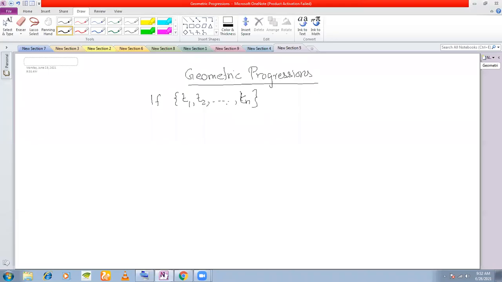If this set of numbers T1, T2 up till Tn is in GP, then we write T2 by T1, the ratio of the second term to the first term, must be equal to the ratio of the third term to the second term, must be equal to the ratio of the fourth term to the third term, and so on. This will continue up till the ratio of the nth term divided by the (n minus 1)th term. All these ratios are equal, and this ratio is called R. This is called the common ratio